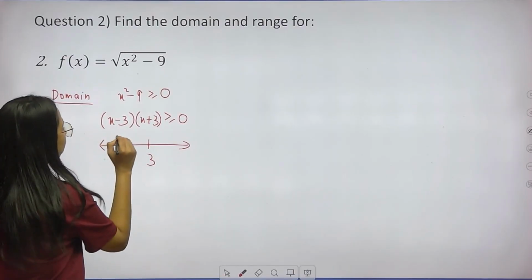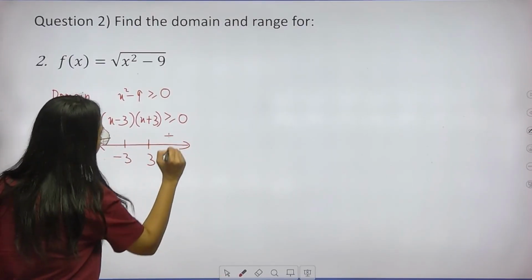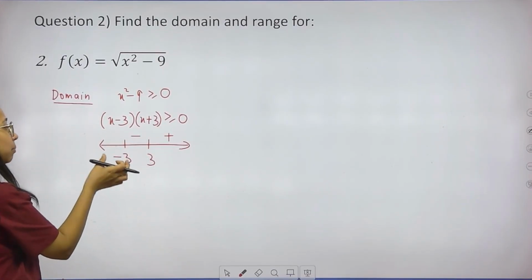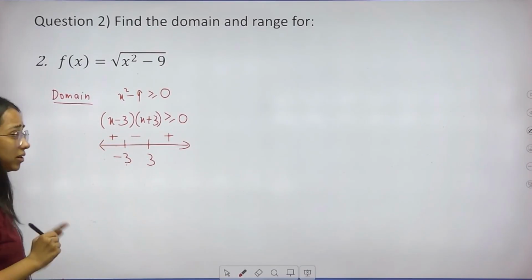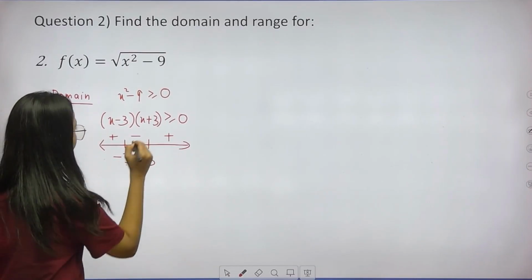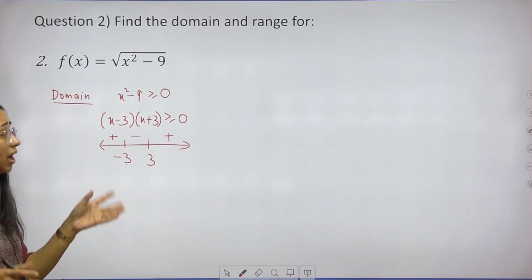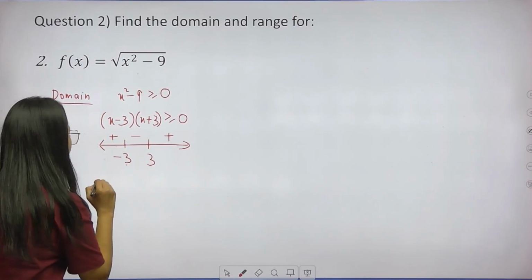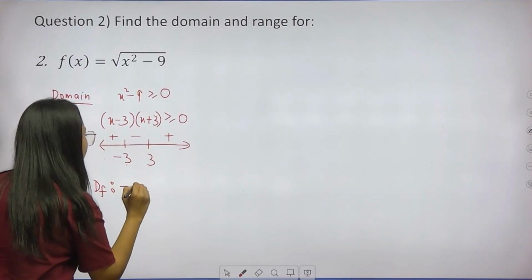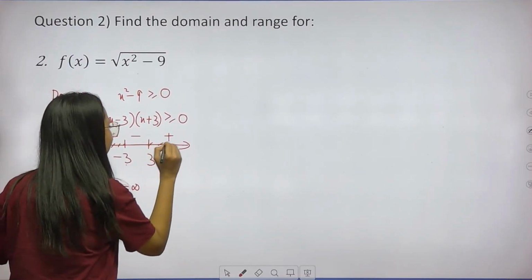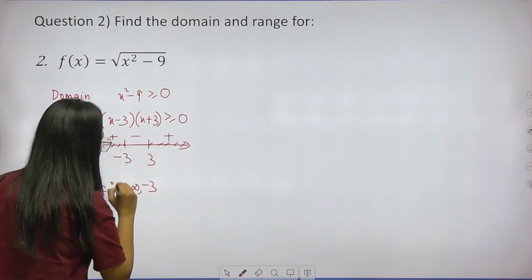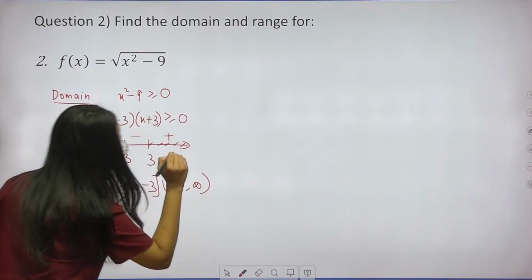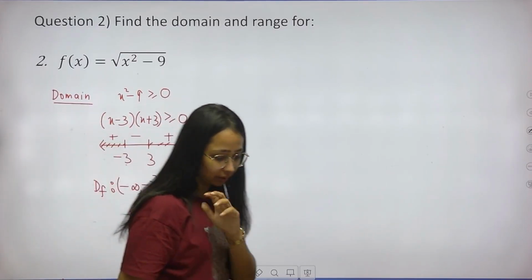Okay, now it becomes any number greater than 3 will give us a positive output, any number between minus 3 to 3 will give us a negative output, and any number lesser than minus 3 will give us a positive output. Okay, so we need the value of x which is greater than or equal to 0, which means that we need the positive values of x. So domain becomes minus infinity. We'll take this portion and this portion. It becomes minus infinity till 3 union 3 to infinity. Clear? I hope domain is clear to everybody.